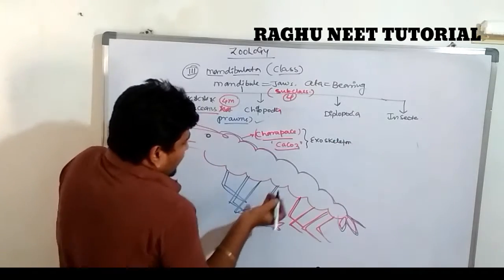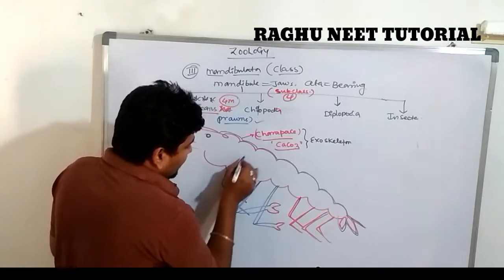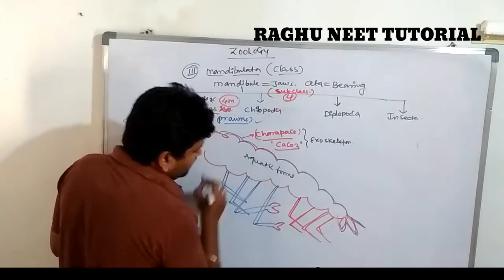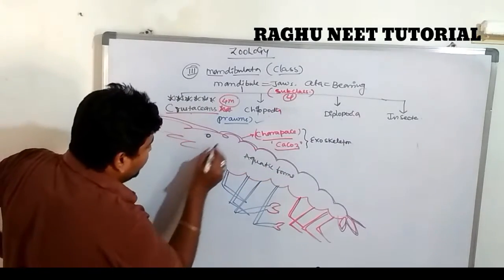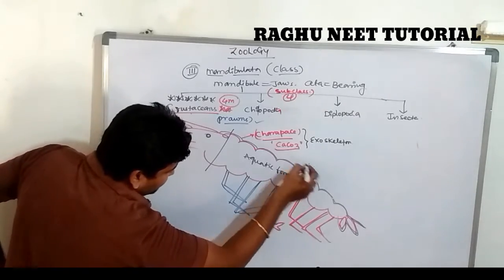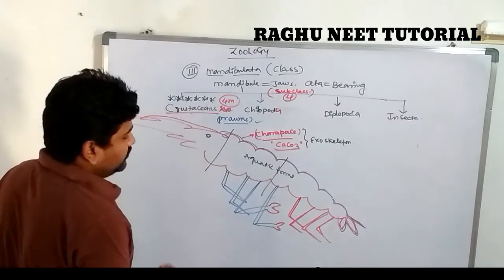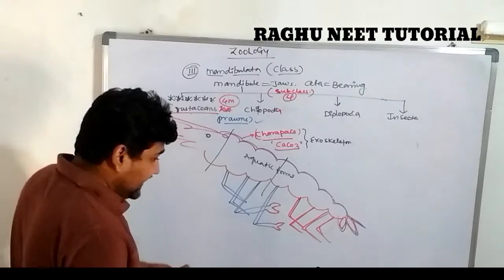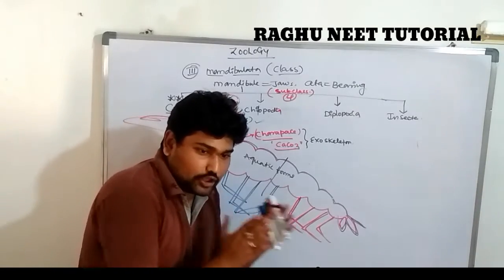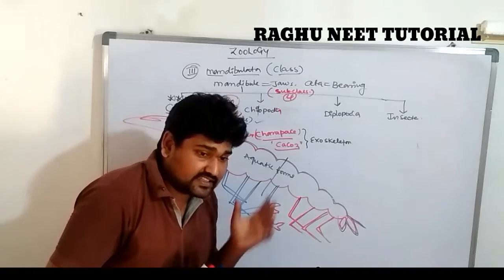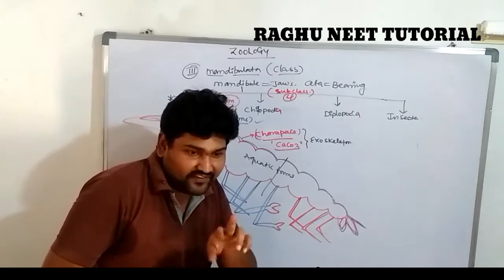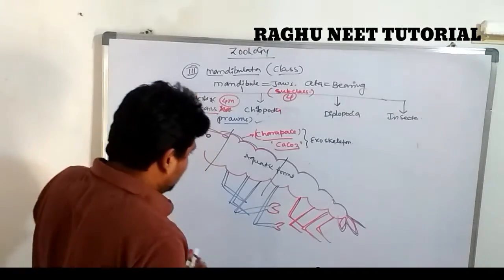Most of the organisms are aquatic forms. The body is distinguished into how many regions? 3 regions are there. The first region is the cephalic, the second is the thoracic, the third is the abdomen. In crustaceans, the cephalic and thoracic regions are fused to form the cephalothorax. Are you clear?